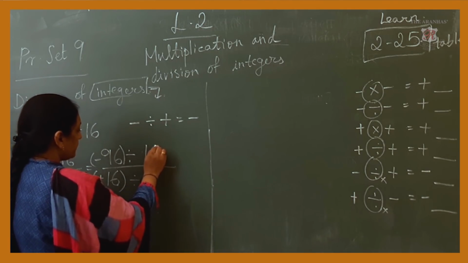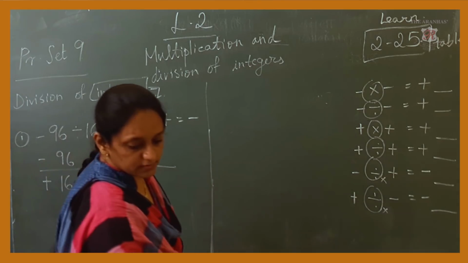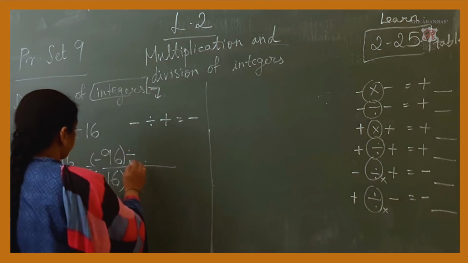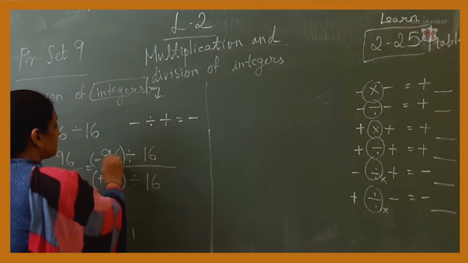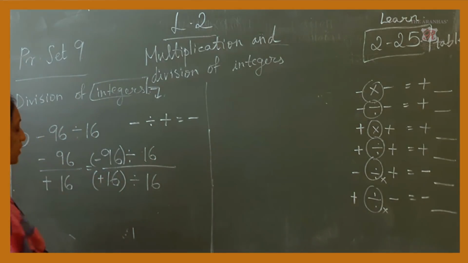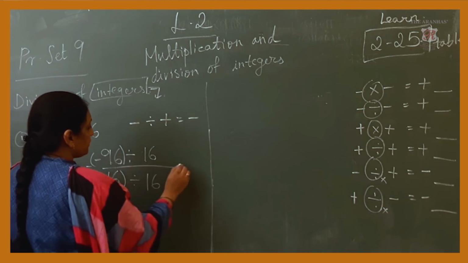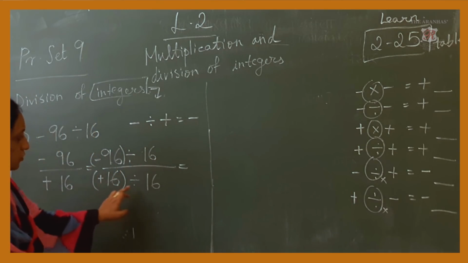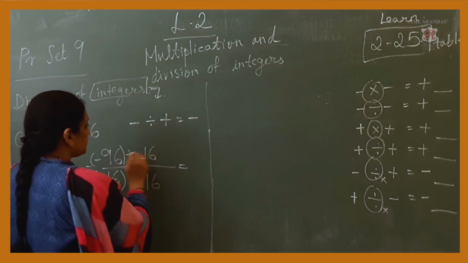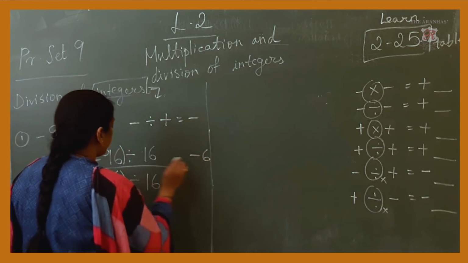Both of these numbers can be divided directly by 16. 16 के टेबल में 96 आता है. If you say 16 table, for that you should know the tables. 16 के टेबल में 96 आता है. So we are dividing 96 by 16 and 16 also by 16. So we get 6, the 96 minus 9.